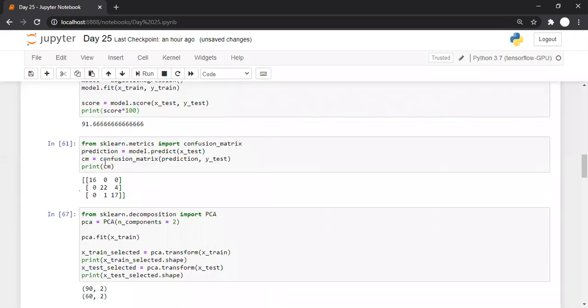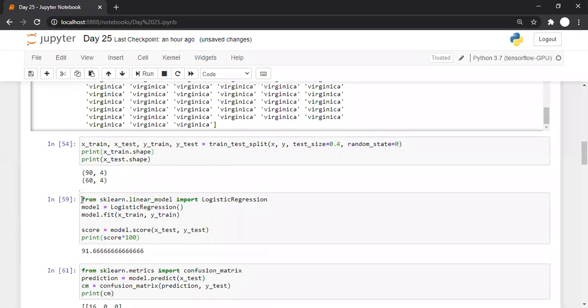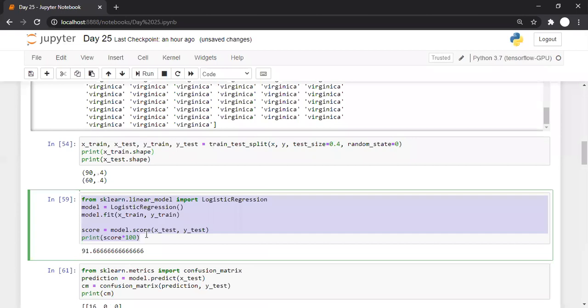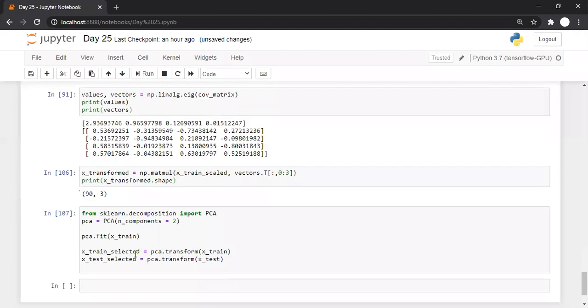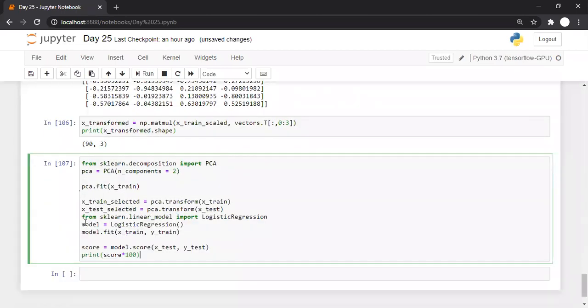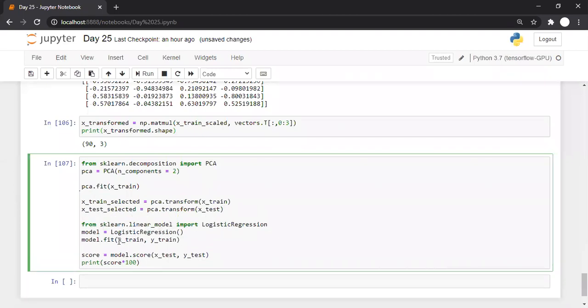For that, again, I'm copy pasting the earlier code to save time. There is the logistic regression, but instead of fitting the model on X train, now I have X train selected, that is the data after applying the PCA transformation.